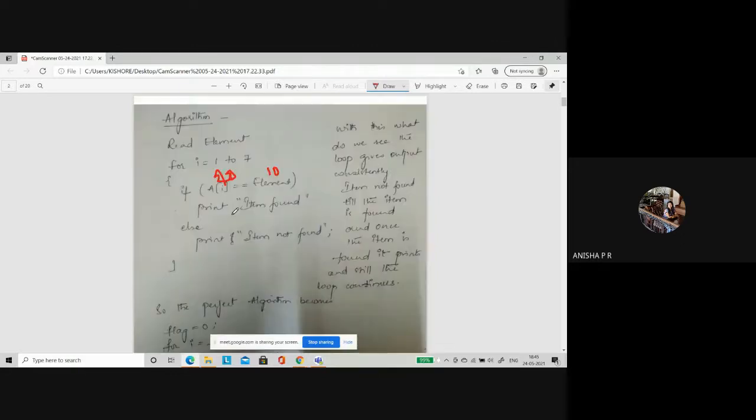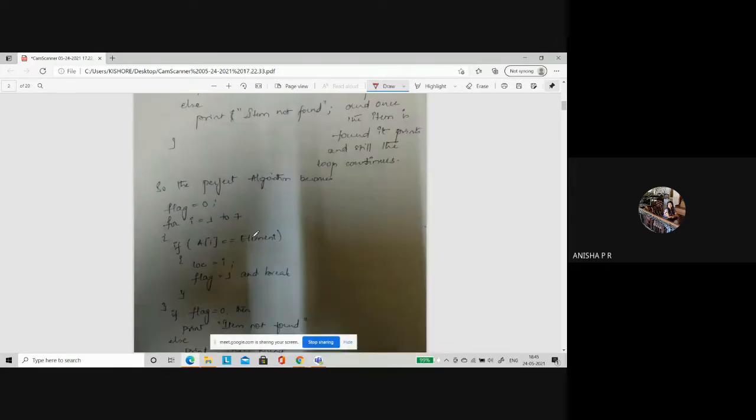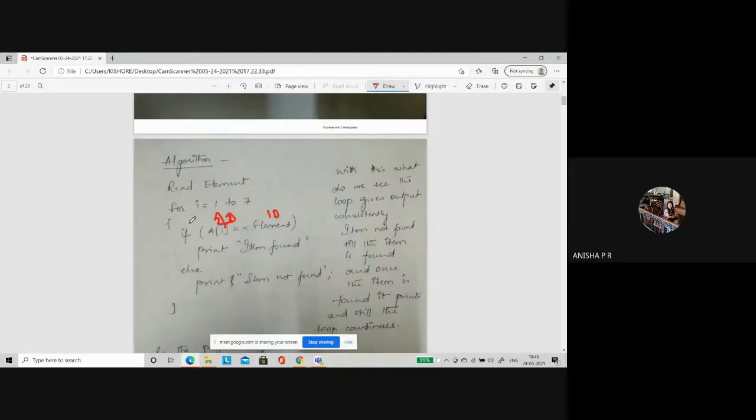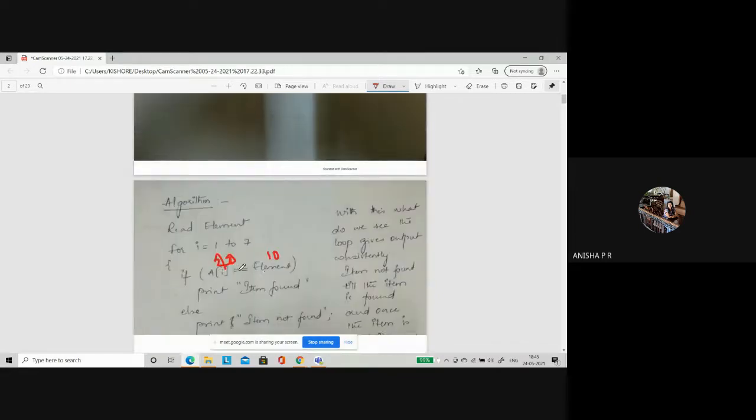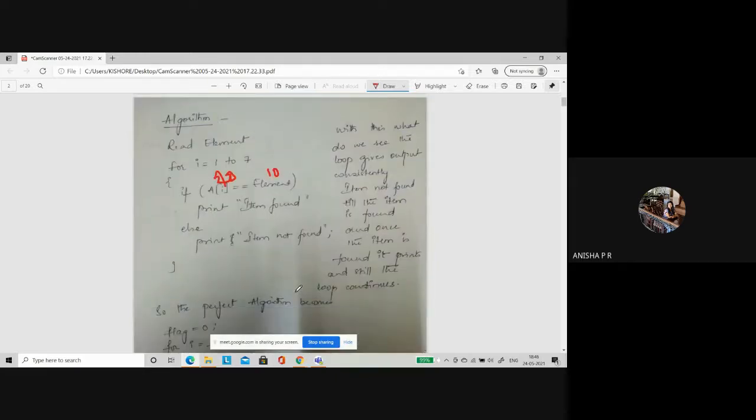This is same like before. Here, same whatever you did. Here also same. Condition: if A of I is double equal to element, same as here, same here as well. Location of I, because in this place you were not able to locate. Here, when A of I was 10, when you got 10 is equal to 10, it just printed item found, but it did not say at which location, which position that item is. It did not say. So we want that also to be known.